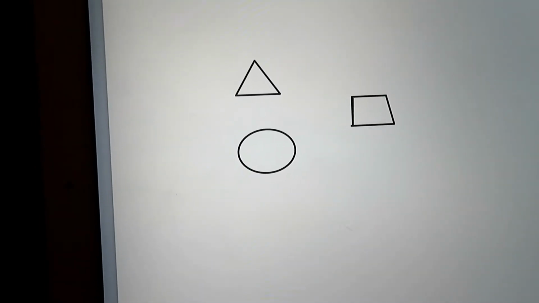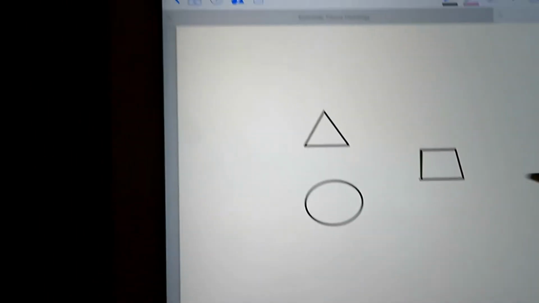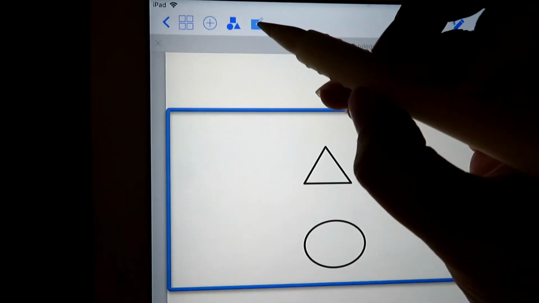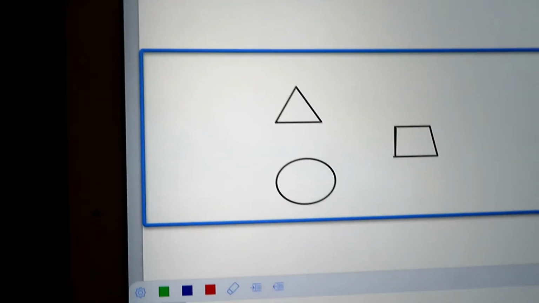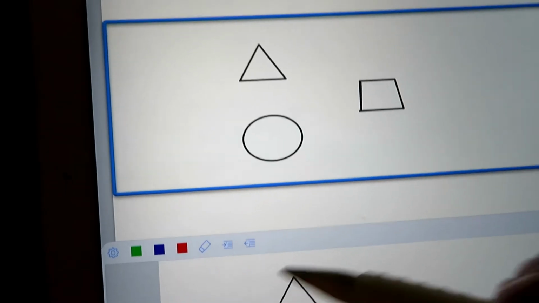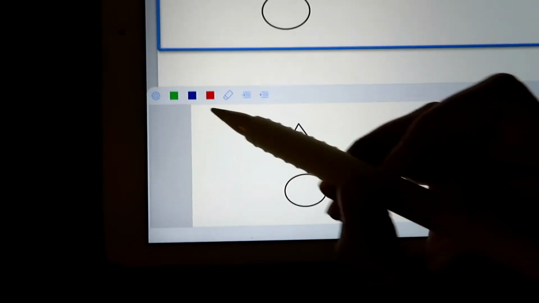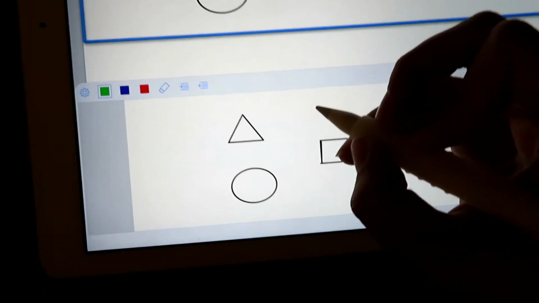So you can see how it kind of morphs it into something better. And then this is something that I usually don't have time to use, but it makes a box around that information, and then you come down here and you actually write. So like